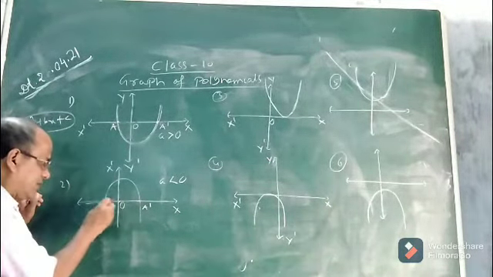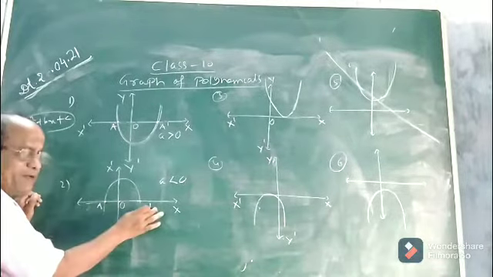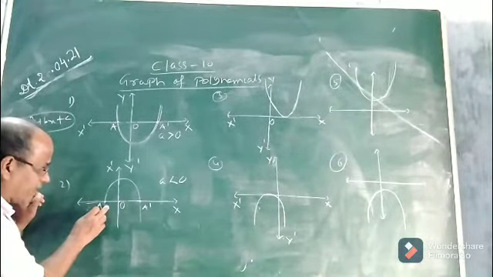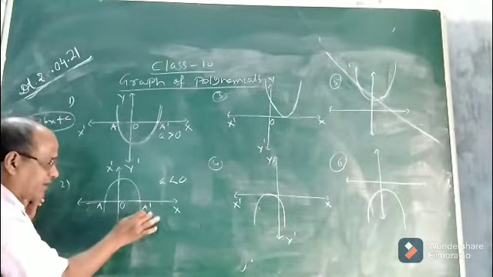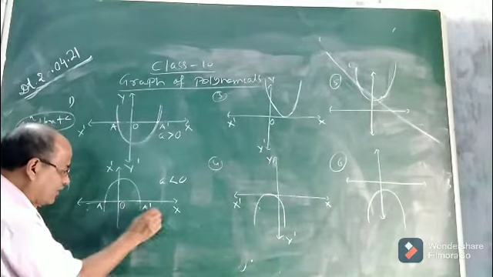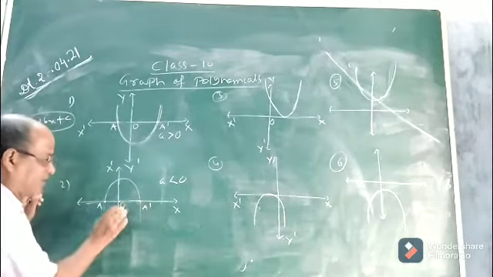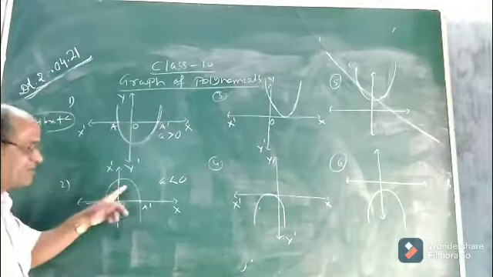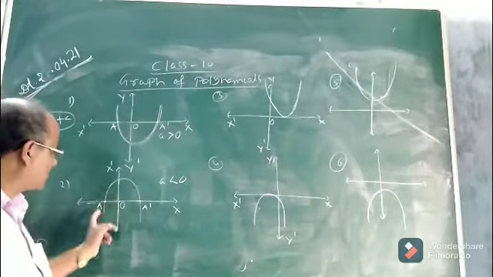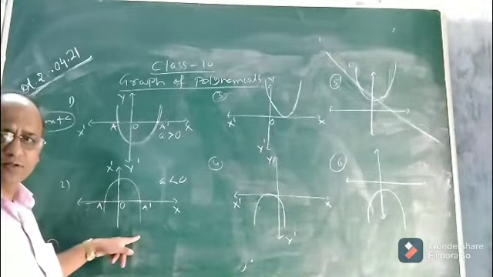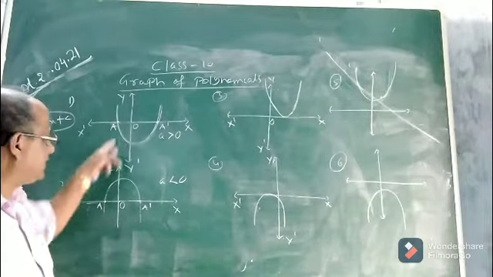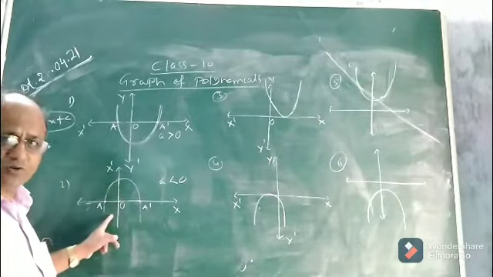Now these two distinct points have some coordinates. So what is the x coordinate of A and what is the x coordinate of A dash? Those two x coordinates of the points A and A dash will be the required zeros of this quadratic polynomial whose graph opens downwards. That means, in these two cases, case 1 and case 2,